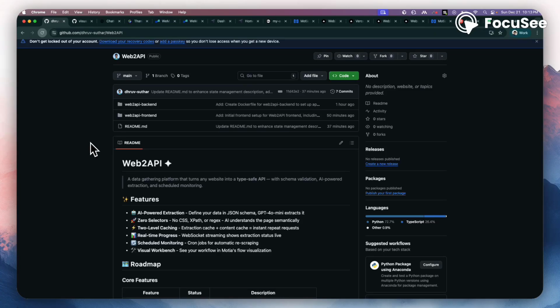Developers write scrapers, but due to changes in the site structure, the CSS, or the regular expression, there are a lot of changes, and they need to write the scraper again and again. What if we can convert any website into a developer-friendly API, so any developer can integrate it in their front end without